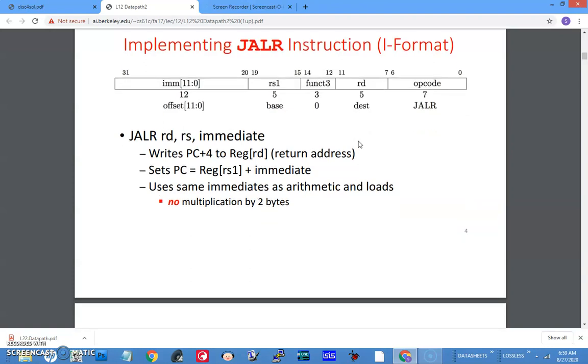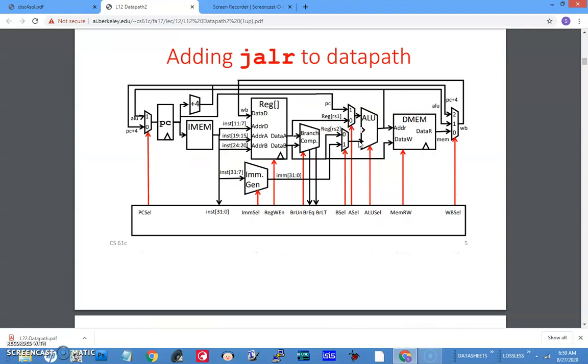Now let us see how it is implemented. Here, this is another way of drawing, but it does the same thing. So look at the PC. PC has got two sources, the usual PC plus 4 and this ALU line. See, this line is the one which we have added, the output of the ALU.